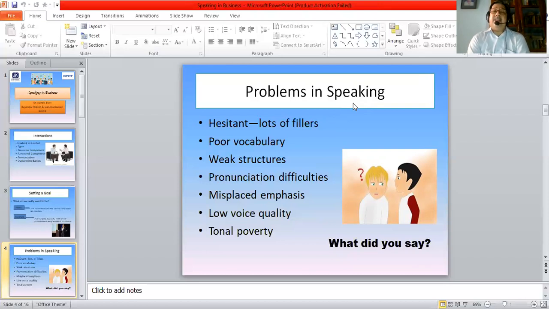A lot of the time there are weak structures. So there is some kind of grammatical problem, or there are various grammatical errors in the way that you put sentences together. Again, you have to take care of this if such errors are there. And believe me, you can improve a lot if you are conscious of it and you practice. Try to use simple and short sentences to begin with. And if you have a fairly good grasp of what you have to say to others in professional situations, then I think that this problem can be minimized.